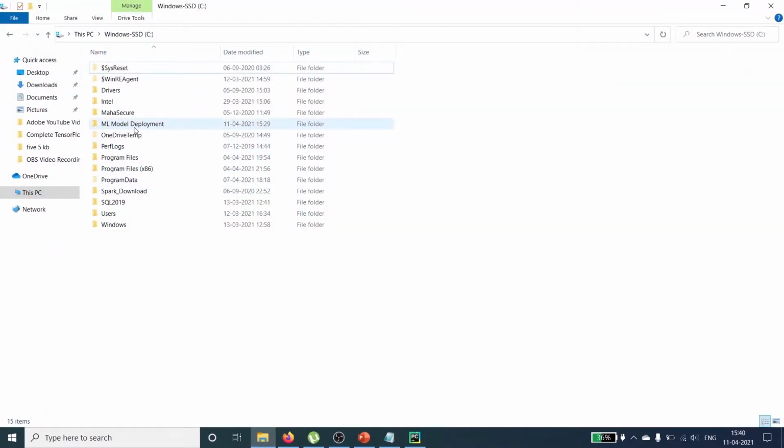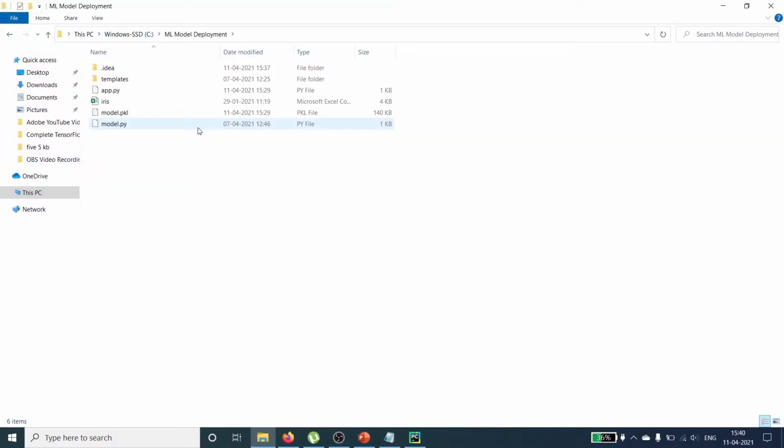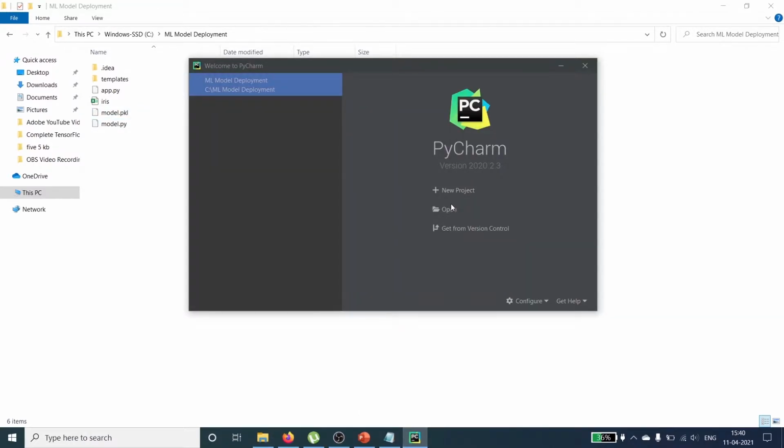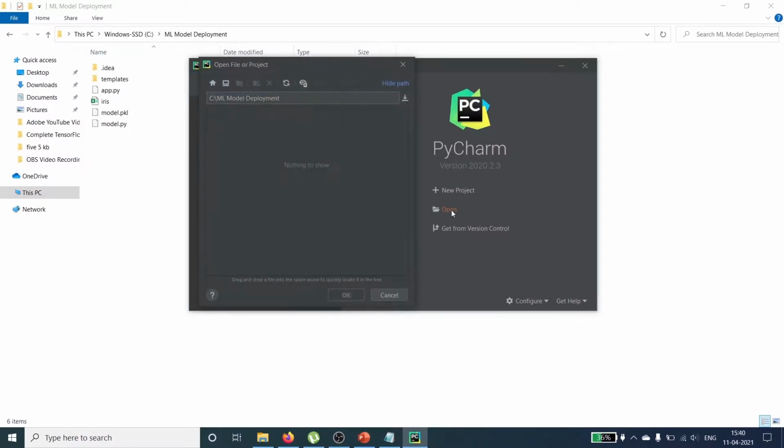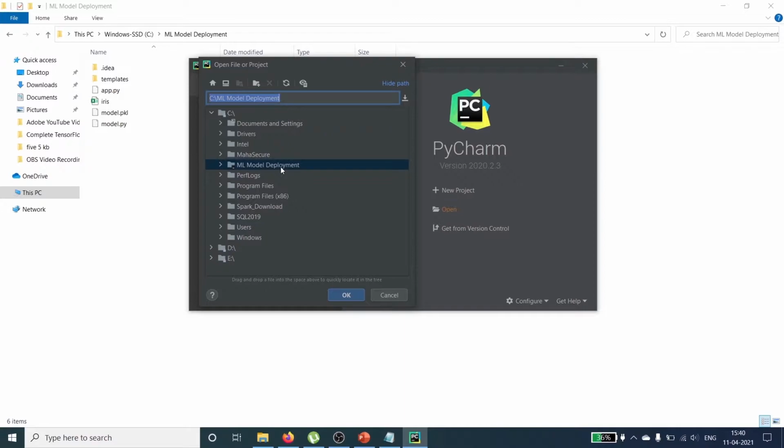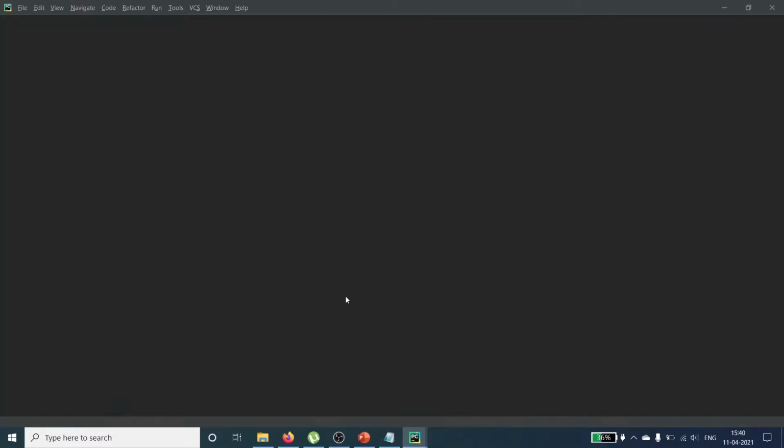This is the folder ML model deployment, and this folder contains app.py, the iris CSV file, the pickle file, and the model. Let's go to PyCharm, and here I will click on open, and then I will click on this ML model deployment folder. That is this folder here. I'll click on OK.